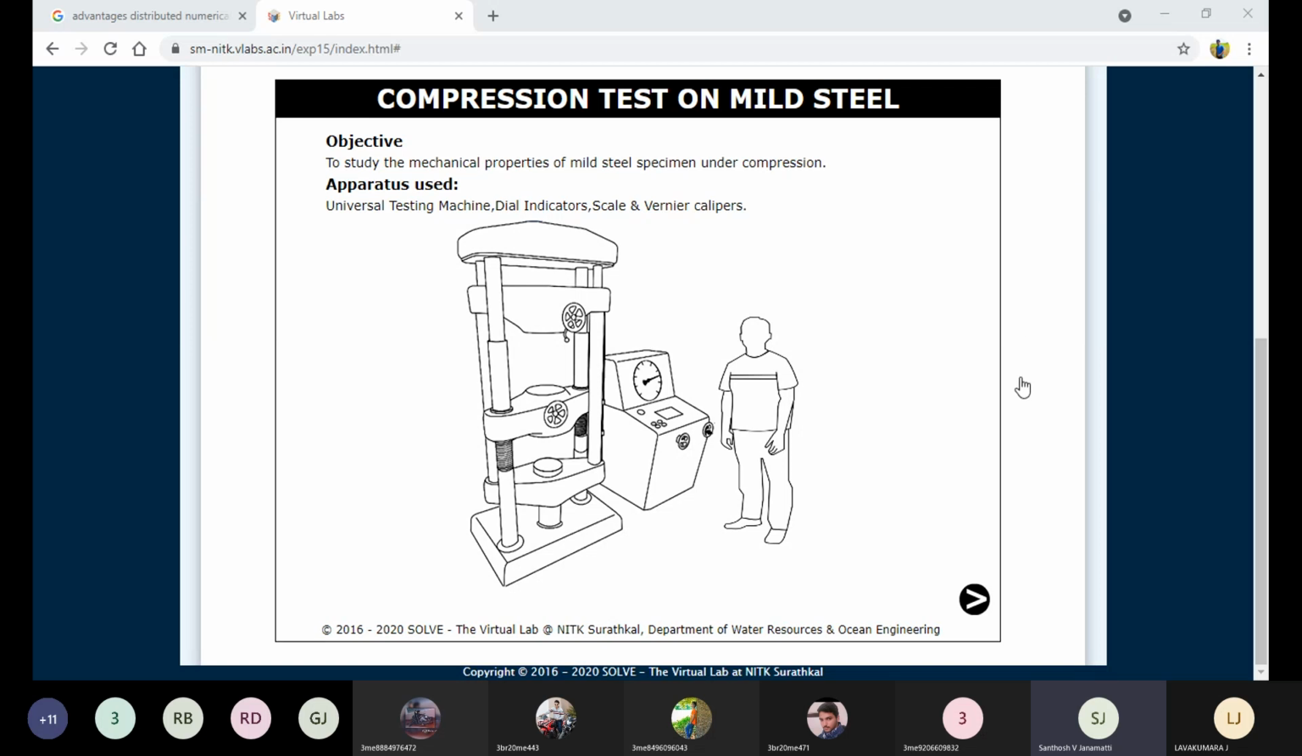Tomorrow we'll discuss one more experiment, the bending or shear test, so that we have more time. For mild steel also we will go directly to the simulation, not mild steel, cast iron for the compression test, right? So that we can better understand how cast iron materials will show the